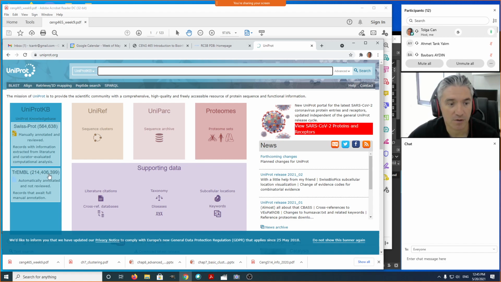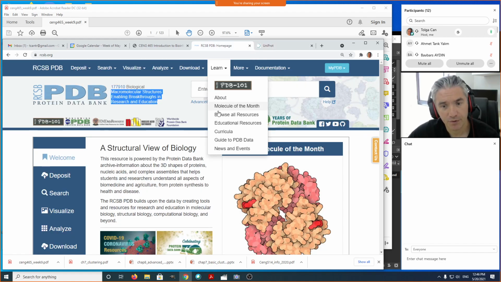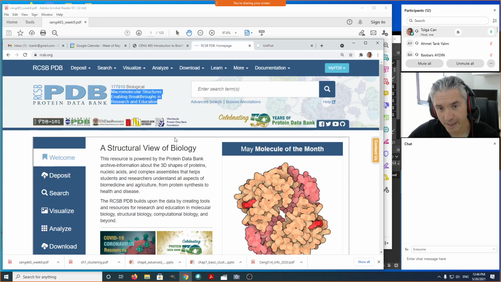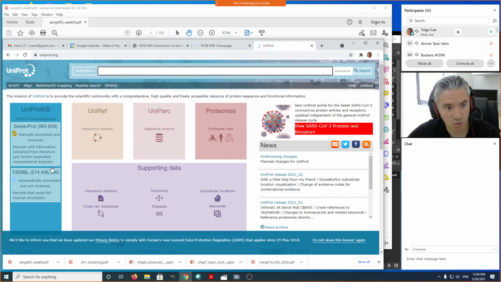TrEMBL, on the other hand, contains 200 million protein sequences. What this shows us is that protein structure is difficult to obtain. You may obtain the sequence of a protein. By using sequencing technologies, you can get the amino acid sequence of a protein, but finding its 3-dimensional shape is